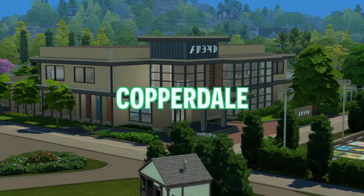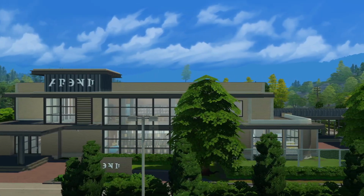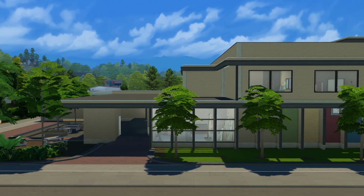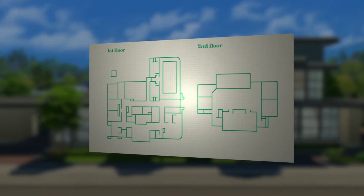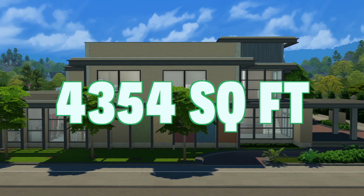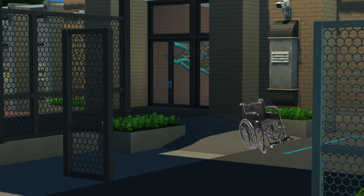But what if Copperdale High didn't suck so hard? And what if Copperdale High looked so much more realistic and just felt alive? Well, here's what I've done. I built a somewhat realistic high school with 2 stories, totaling 4,354 square feet. It has a proper bus drop-off, it has a swimming pool, it has f***ing ramps for God's sakes, and it